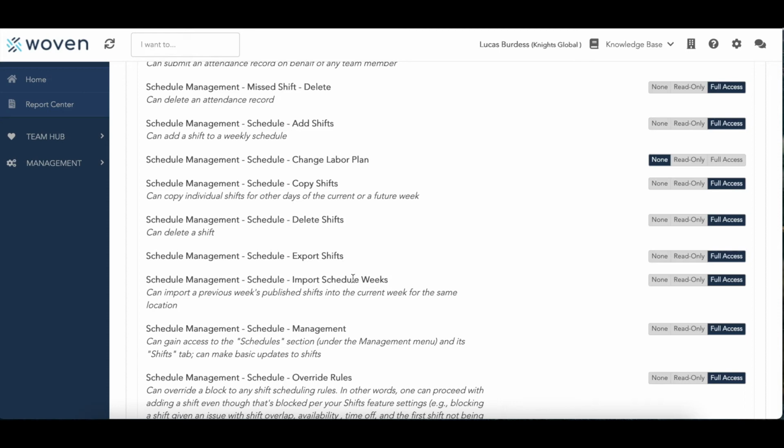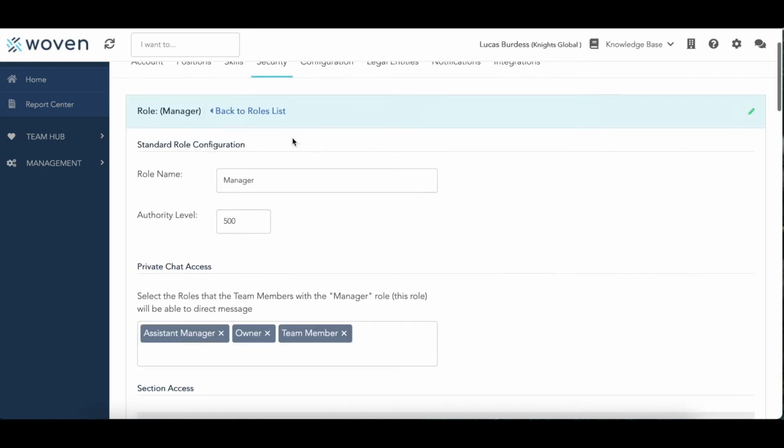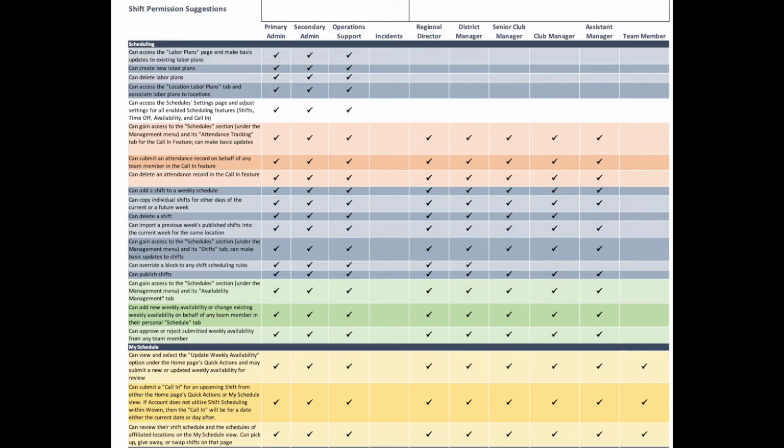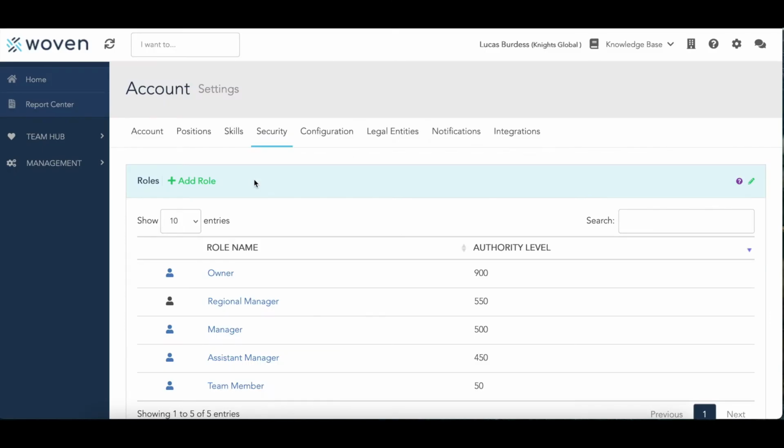Once you're done with a role, click the Back to Roles list button to navigate back to your account's list of roles. Now repeat these steps for each role in your account. We know it can feel like a lot to assign permissions to each role in your Woven account, so to make it easier for you, we've created a Shift Permission Suggestion sheet. Please review this sheet to get a sense of what permissions we suggest giving to an owner, operator, manager, shift